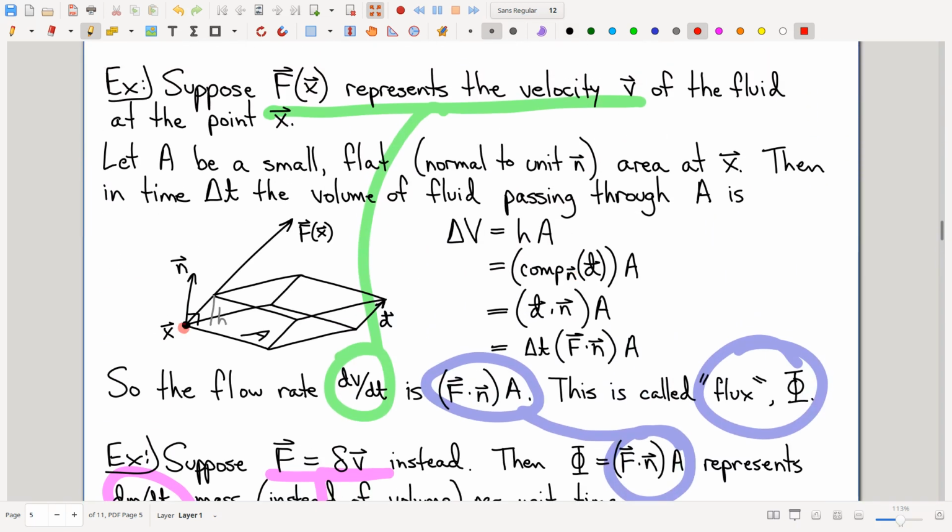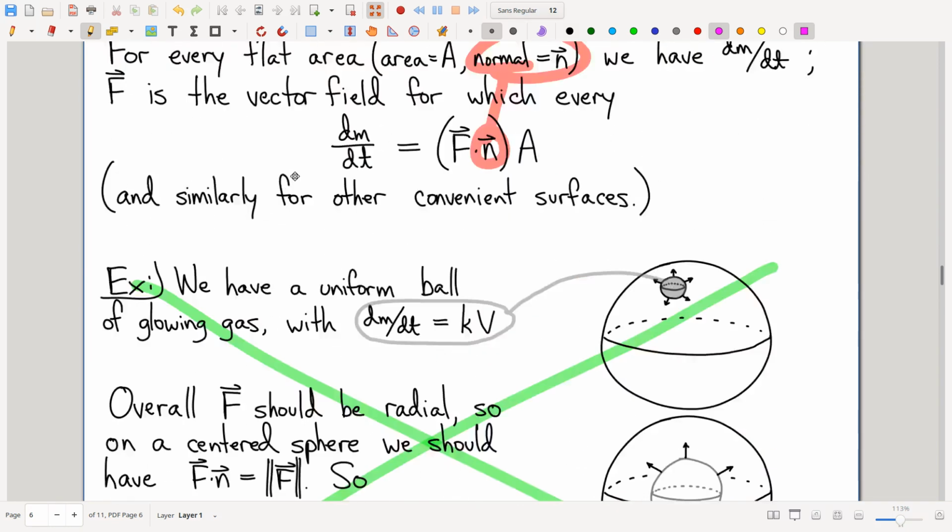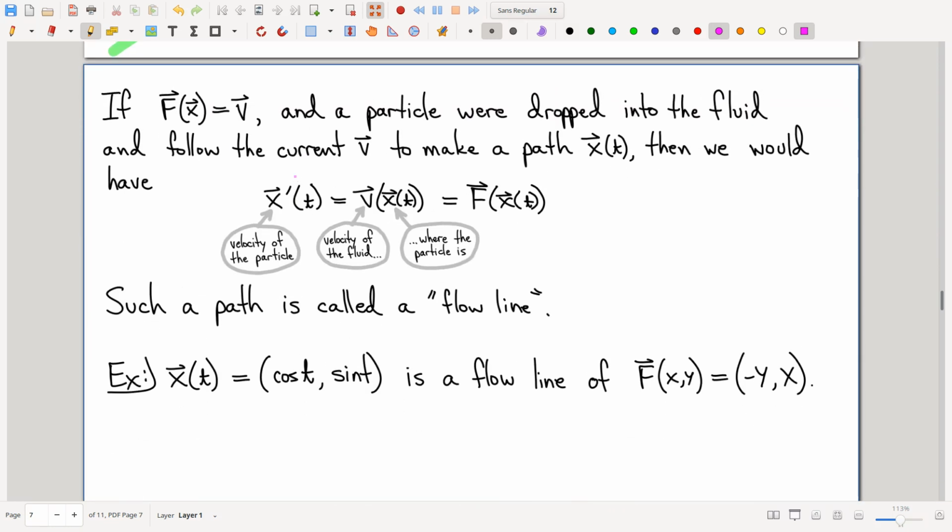So the normal vector, that's right, is perpendicular. Normal typically means perpendicular to the area. Yeah, totally. And it can be on any part of the area. Here I'm assuming it's a flat piece of area, so all of the surface is perpendicular to the same vector. Okay. So moving along,